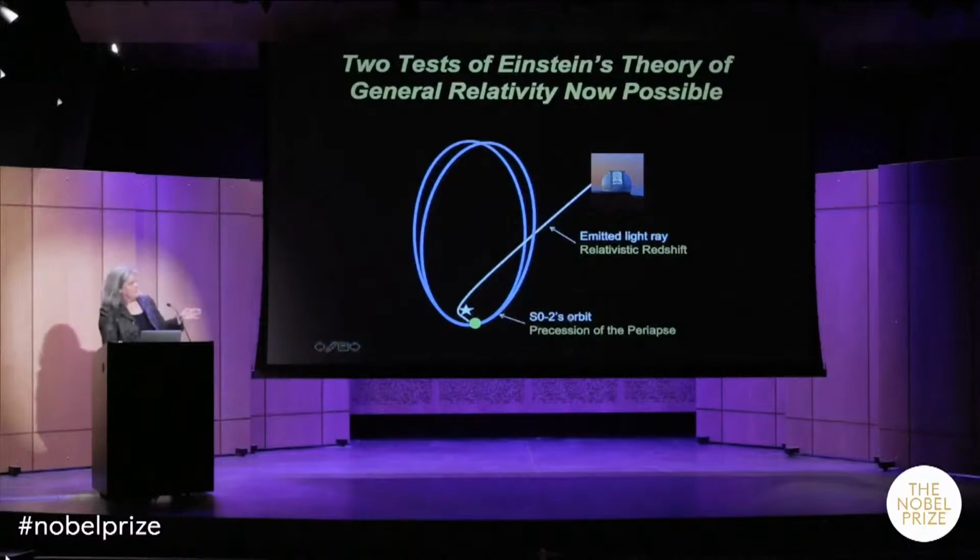And then the next thing is the precession of the periapse, which is how the object itself moves through space and time. And this is best seen at apoapse. I should say for both of these, you need to see the orbit go all the way around once. In other words, in order to get a seat at the table for doing these next two projects, you have to have the measurements for the first complete orbit, which is 16 years. So there's a lot of patience to get to this next phase, but the signatures are emerging.